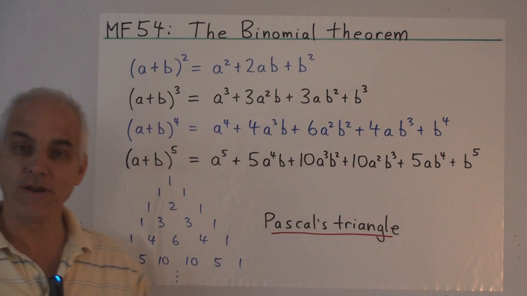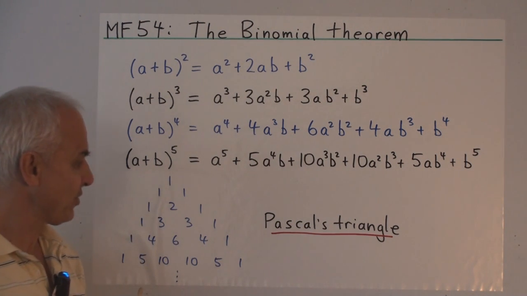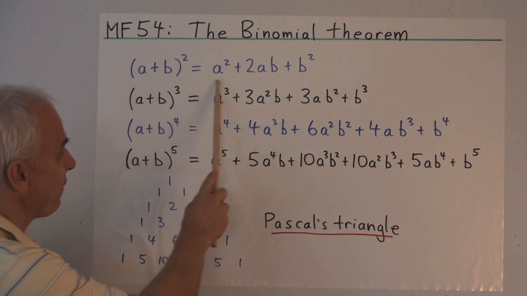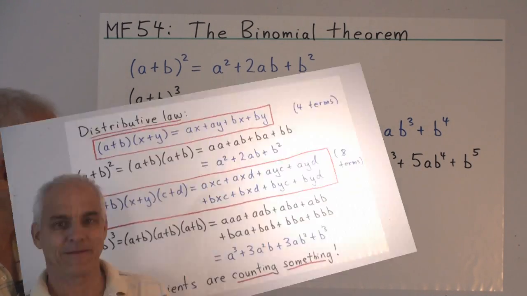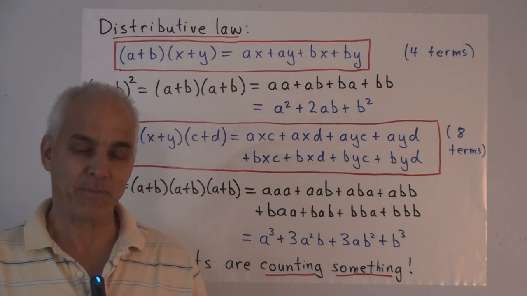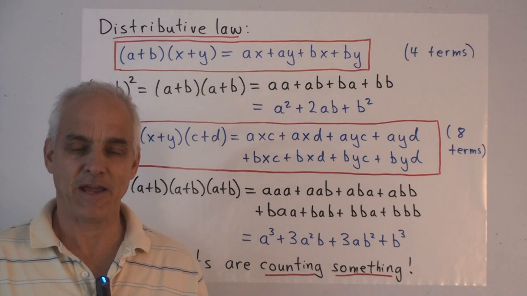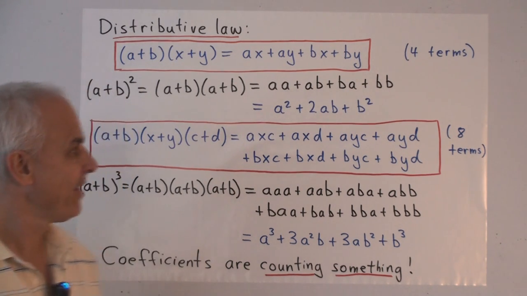And this is usually encoded in a very familiar kind of table called Pascal's triangle, which all high school students meet. And here it is right here, where we've essentially taken the coefficients of the various lines here and written them out in rows. The binomial theorem is sometimes presented as something of a mysterious thing, but it really is a very systematic consequence of the distributive law.